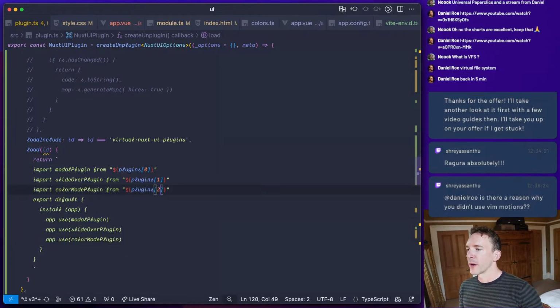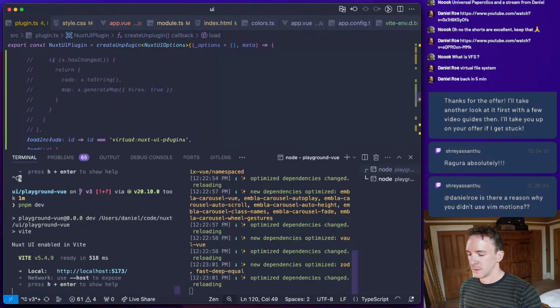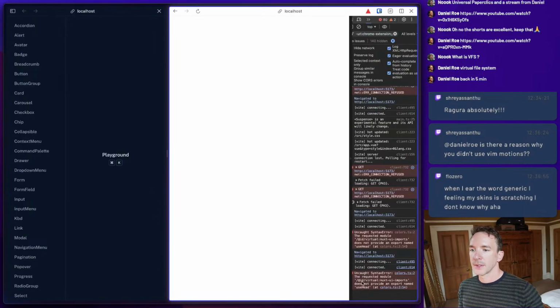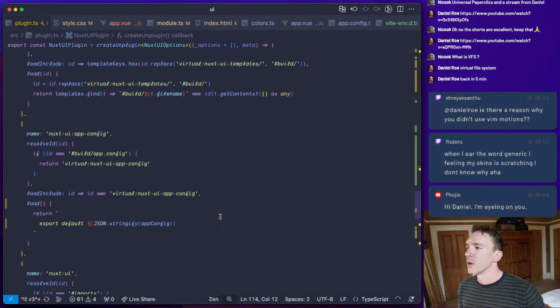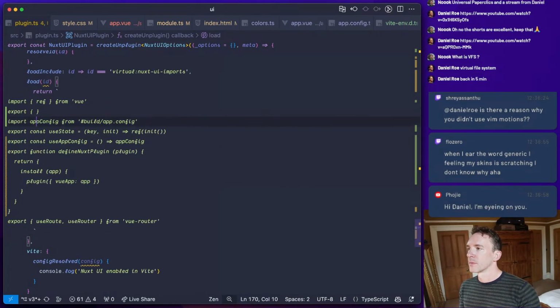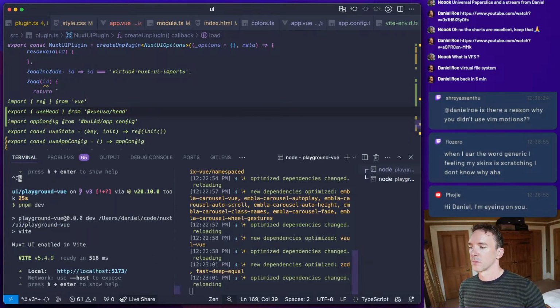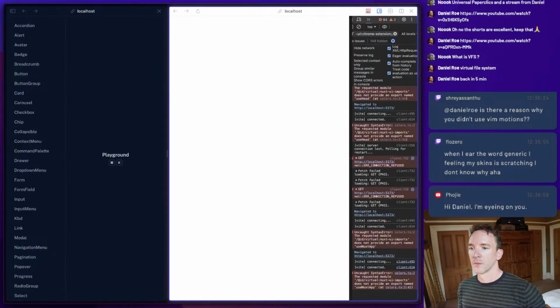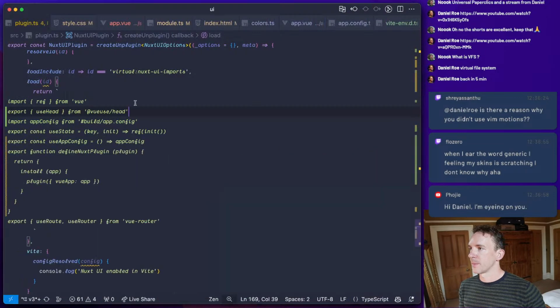And this is probably going to break it. Yeah, it's not working because it doesn't have an import called use head. So we're going to add that one in. What about now? Use nuxt app.